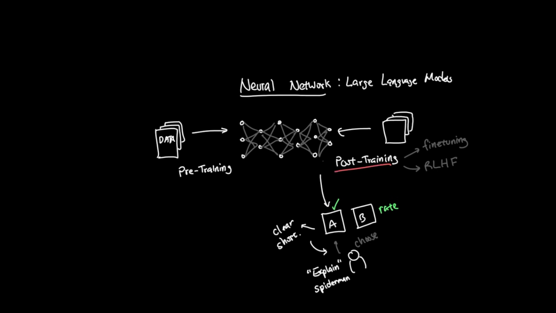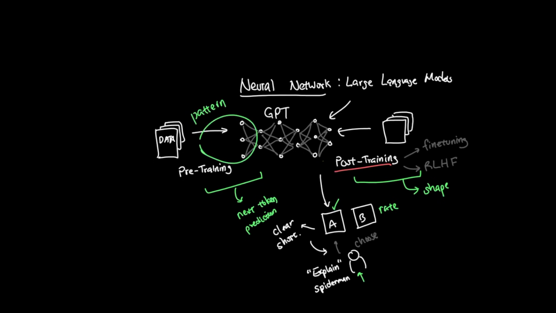This is the point of post-training. It is not always about predicting a likely next token anymore. It is about shaping the model to give answers that are helpful, clear and safe, and aligned with what the actual users want. To summarize, pre-training teaches GPT broad language patterns by predicting the next token. Post-training then shapes a model into a useful assistant through instruction fine-tuning and feedback-based methods like RLHF.